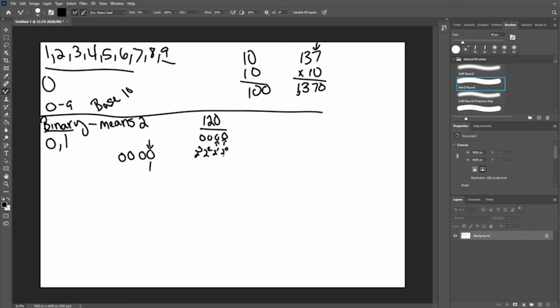Well, 2 to the power of 0 is 1. 2 to the power of 1 is 2. 2 to the power of 2 is 4. 2 to the power of 3 is 8. And so what we get is, in this scenario, let's say that we have the number really quick, and then we'll get back to our